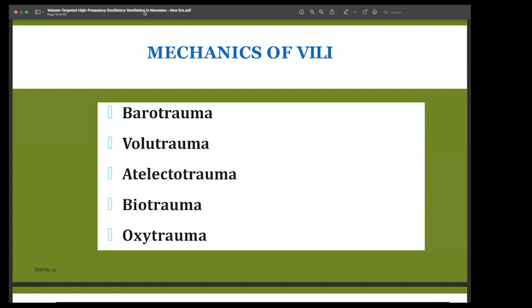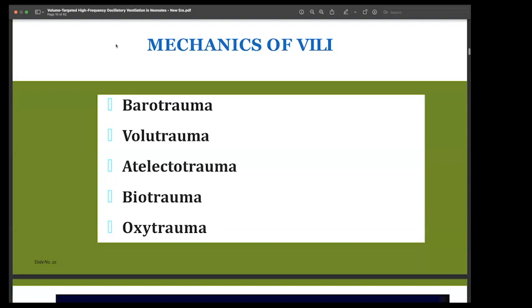This is another graph I always show to indicate that when we ventilate newborn and premature infants, we have to ventilate them in the middle way. This is a pressure volume curve. When we open the lung too much, we cause volutrauma. So when the lung reaches its maximum compliance, that will lead to high lung volume. At the same time, when we lower the pressure, lower the tidal volume,